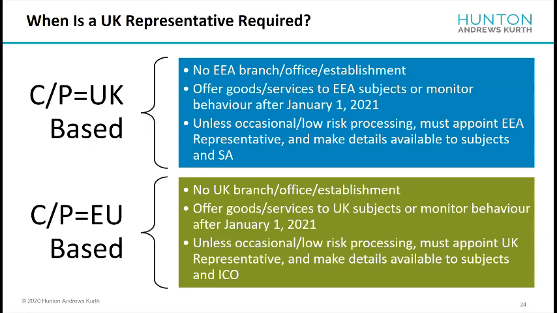And then the third example was the hotel chain, the US hotel chain with the French subsidiary. So there'd need to be a closer look at the facts in this example. But even if the French subsidiary operates the UK hotel, it will probably be an office, even if the business itself isn't established as such in the UK. And rather than appoint a representative, it would probably need to register with the ICO as a controller in the UK.